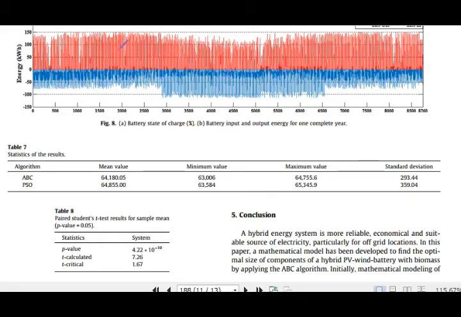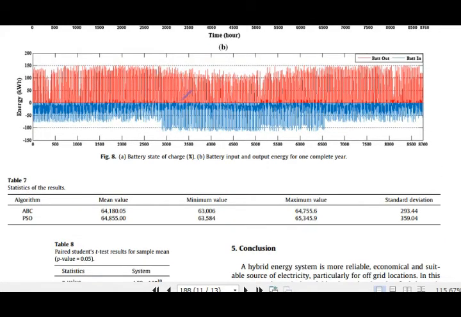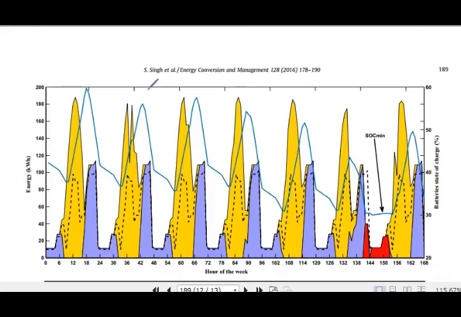The battery in will be a little bit more compared to the battery out, because there is a round trip efficiency of almost 90%, so 10% will be the battery loss. If you integrate this one, the battery in will be a little bit more compared to this one. This is a congested one, available for more hours, but the red one is not congested. If you zoom in, you will see that the area under the curve of the battery in will be more compared to this one, as there is 10% round trip efficiency loss of the battery.